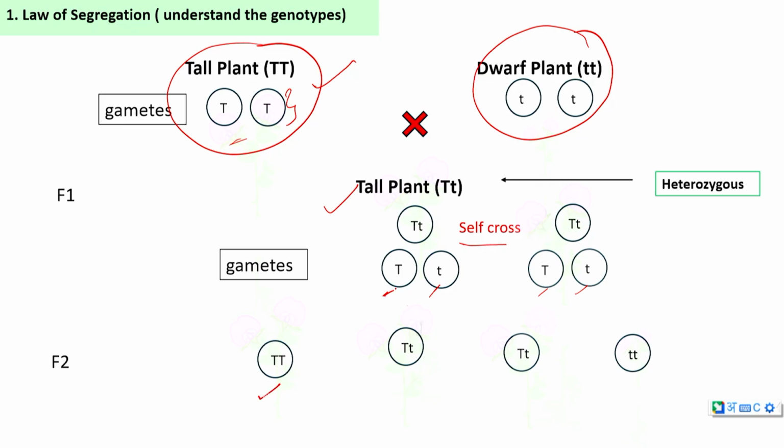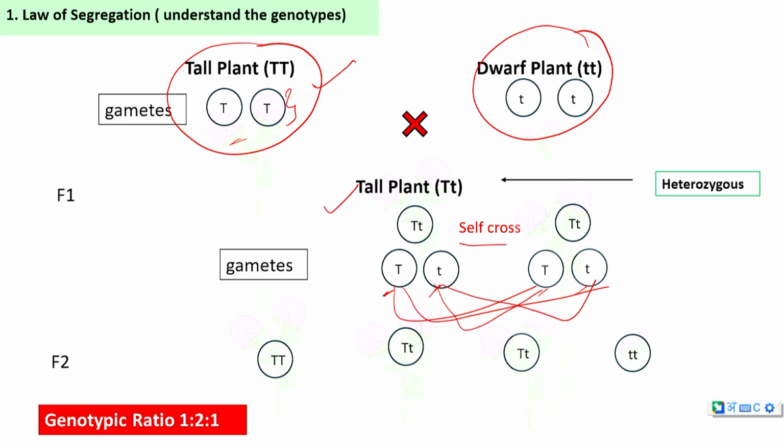So, if you make these combinations like that, then you come up with all different sorts of combinations. So, what are we going to get? Capital T capital T, capital T small t, and then only small t small t. So, that was the constituent in the F2 generation. And what was the genotypic ratio? You can clearly see capital T capital T is 1, capital T small t together are 2, and then small t small t is 1. So, the genotypic ratio was